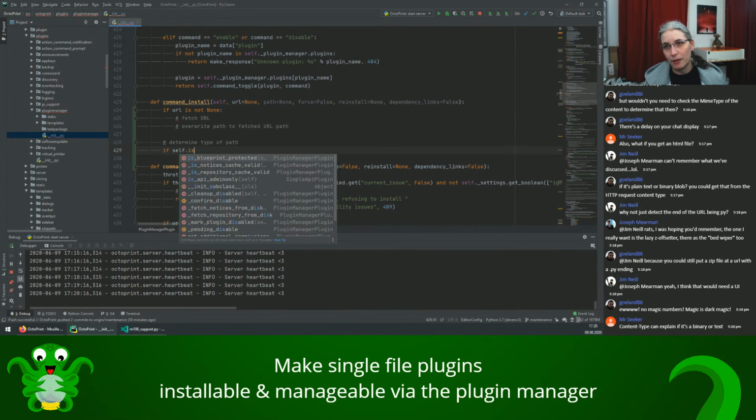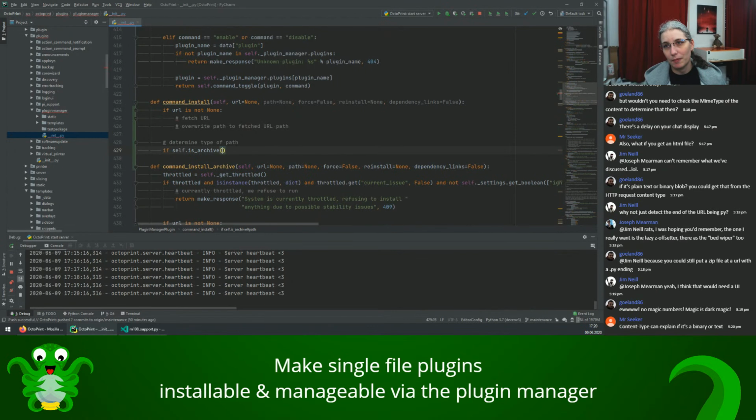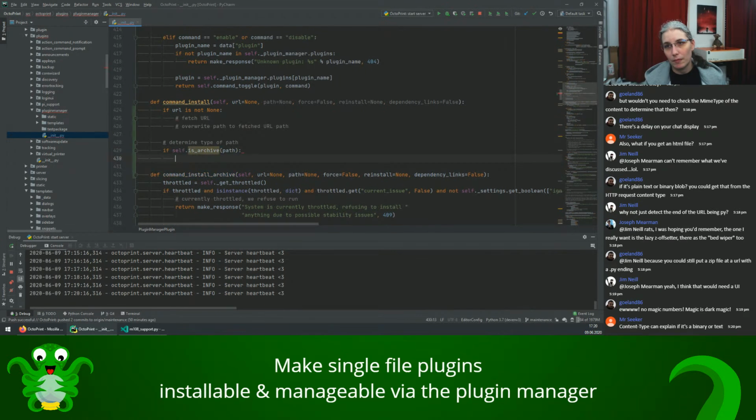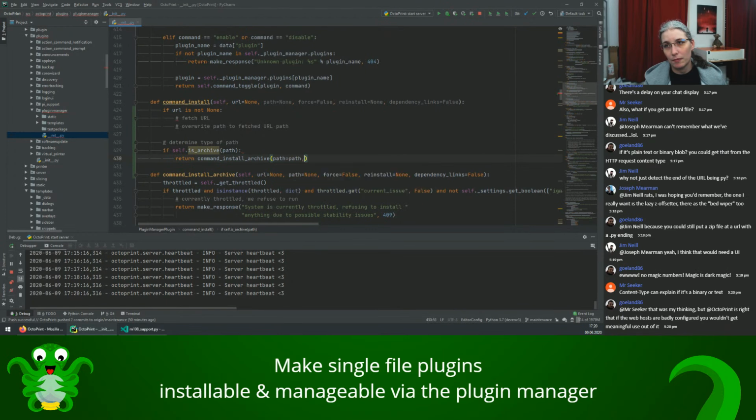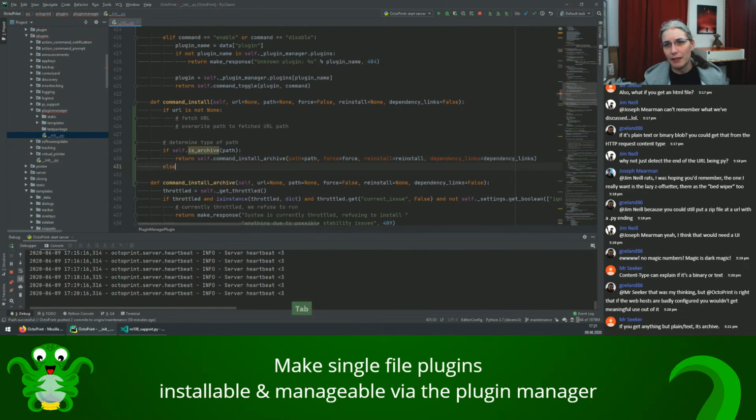So if self is archive path, return self command install archive. And that obviously needs self in front. Else,